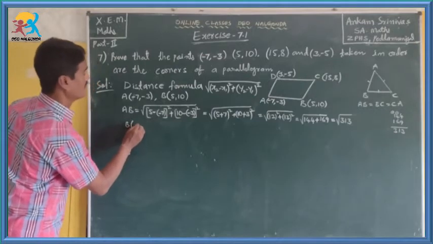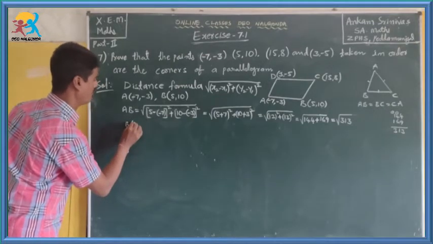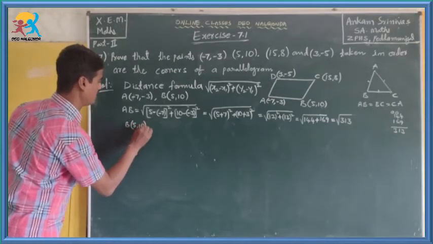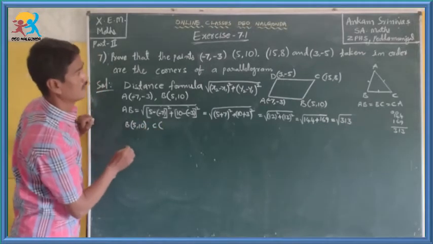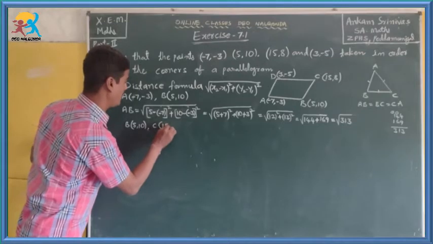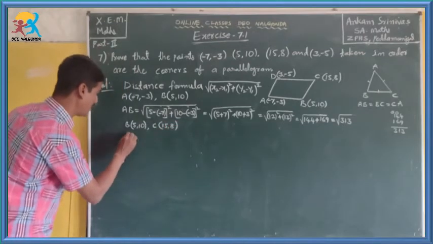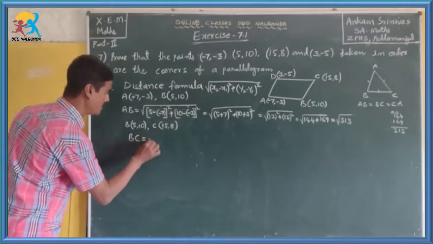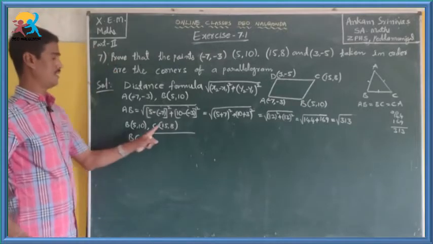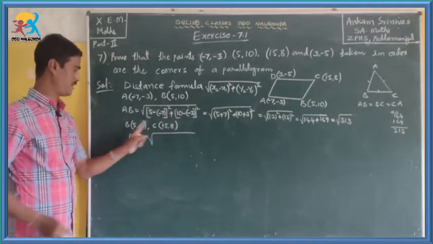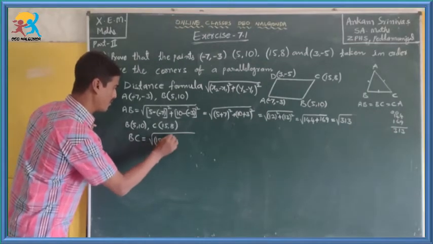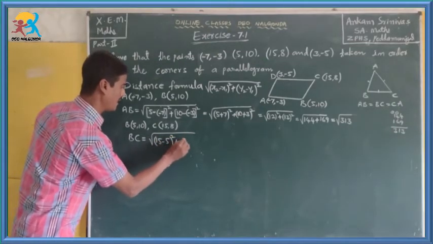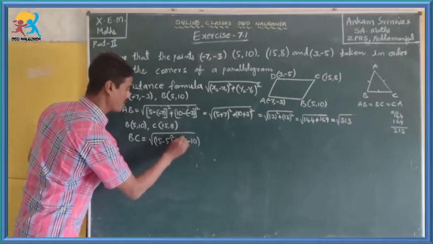B (5, 10), C (15, 8). Find the length of BC. BC equals square root of (x2 minus x1) whole square, (15 minus 5) whole square, plus (8 minus 10) whole square,